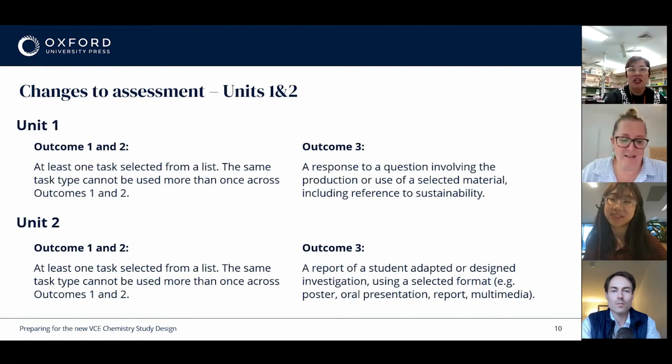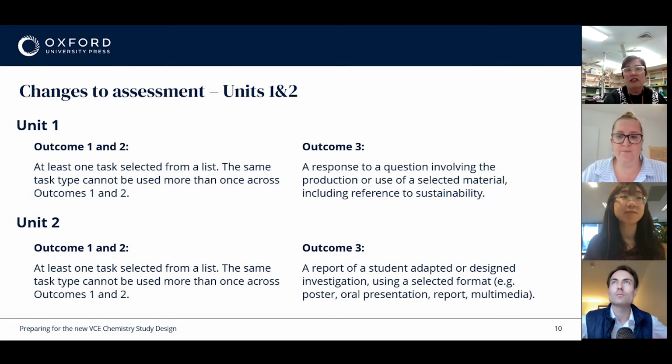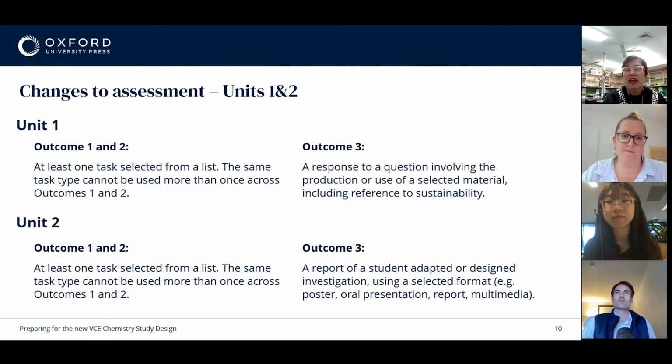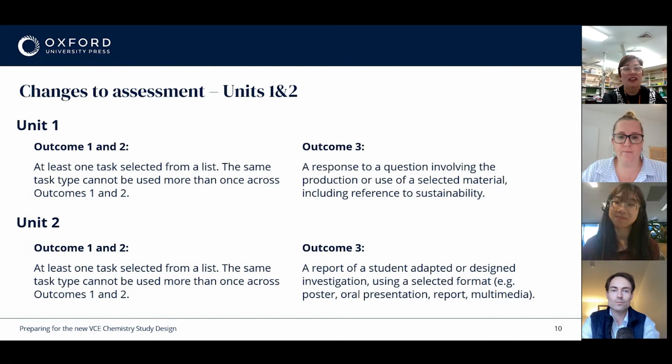Okay, so in terms of the changes to the assessment, for outcome 1 and 2, you need to select at least one task from the specified list, and the same task type cannot be used more than once across unit outcomes 1 and 2. That's due to the repeated reports from VCAA that every school that's audited will tend to use a test or a prac report for every outcome for those 2 units. But now they're specifically stating that you need to change it up, and we'll provide some more support through the